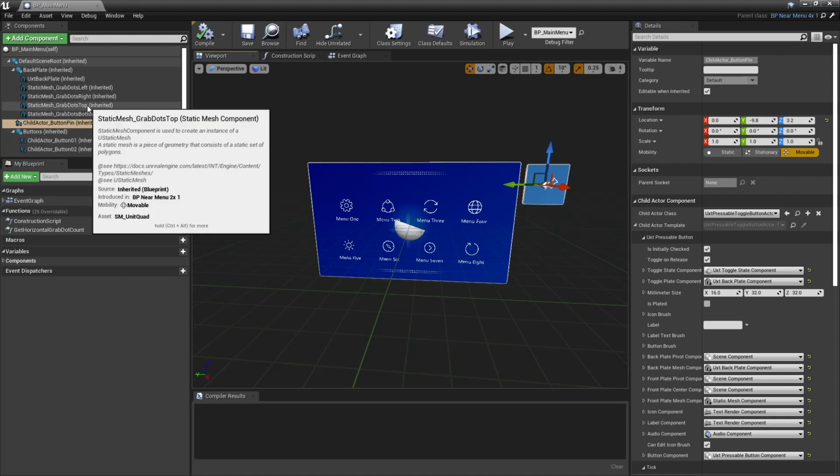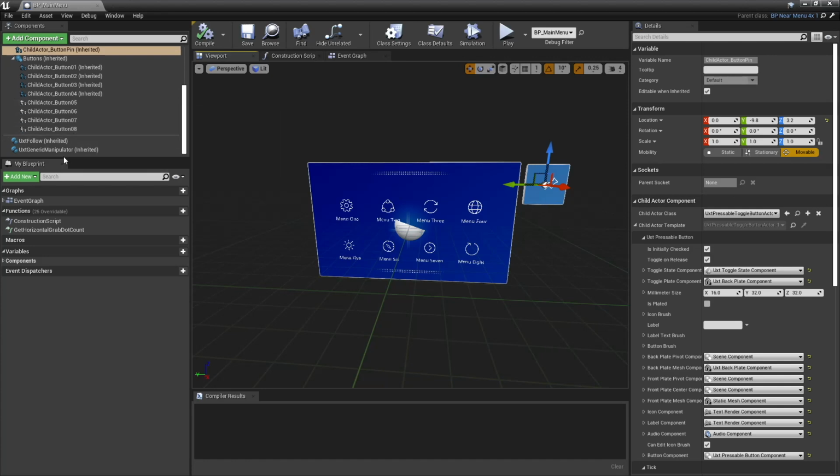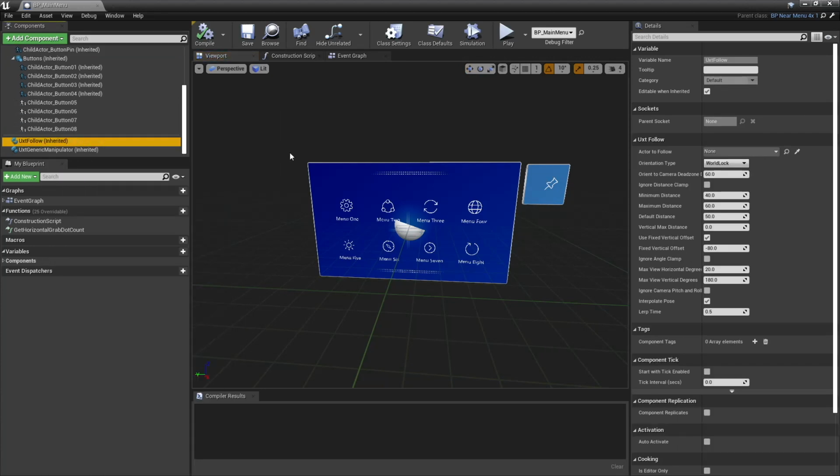And what we mean by pin and unpin is that basically toggles this follow component. What the follow component does is when it's not active, your hologram just sits in space and hangs out wherever it currently exists. But when the follow component is activated, the menu will move towards you and kind of hang out above your waist and always tag along with you. And that's great for situations where you need to maybe walk across a room and you don't want to have to carry your UI with you. It'll just follow you along.